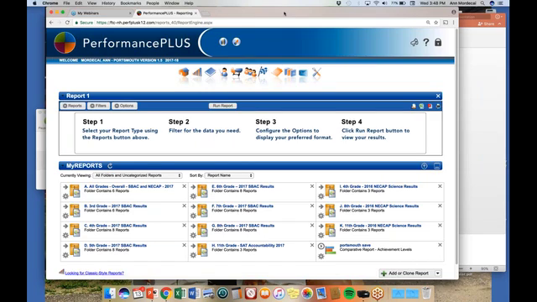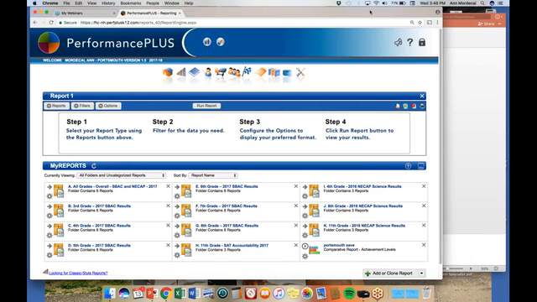This could be an issue for other people. This year is the first year that the DOE has not been paying for access, so districts have to pay themselves if they want to have access. In some districts, the superintendents or somebody decided, oh no, we don't use that, we're not going to get it, when in fact they do use it a lot. It's just the people who had the money didn't know that. So if you use P Plus regularly or you want to begin to use it regularly, you should speak to your administrators about that. And then you could get back to us and we can help you get access.